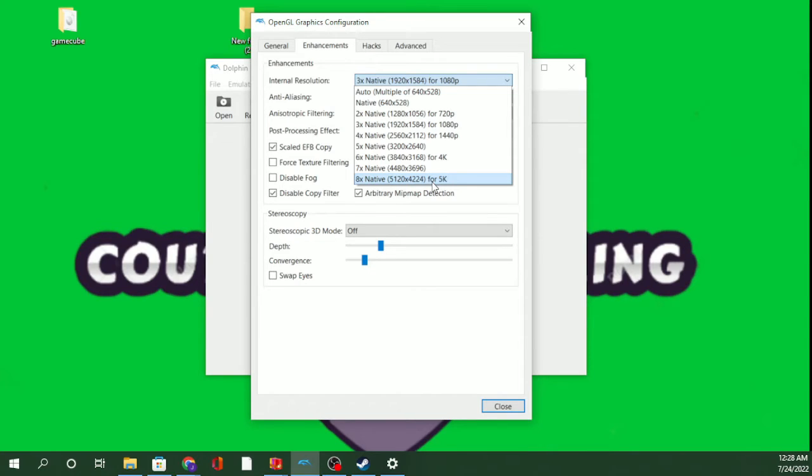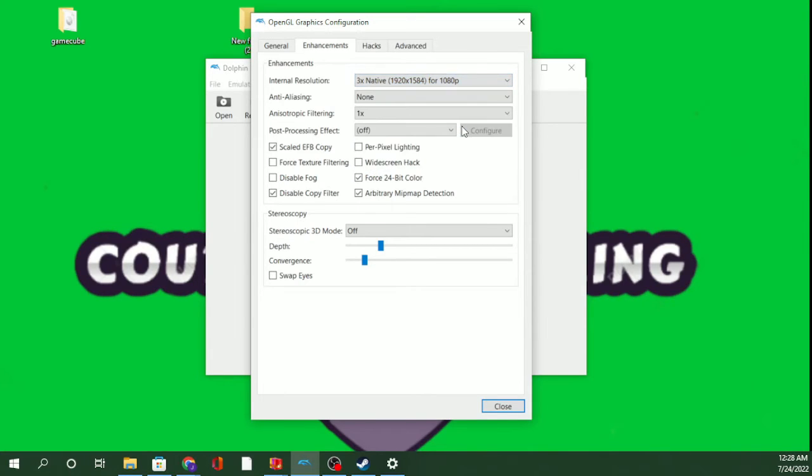5120 by 4224 for 5K. Just make sure if you're going to use this setting that your computer and your monitor can handle the 5K. But I personally use the 3x native, 1920 by 1584 for 1080p. That's most common for